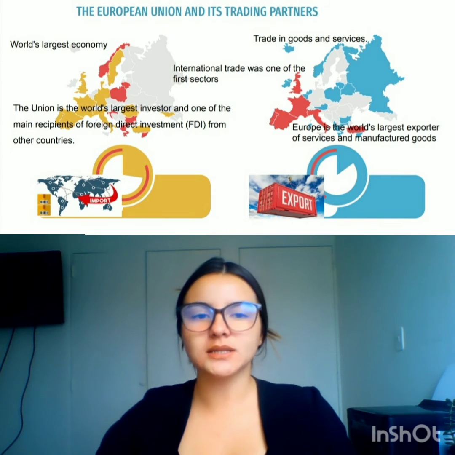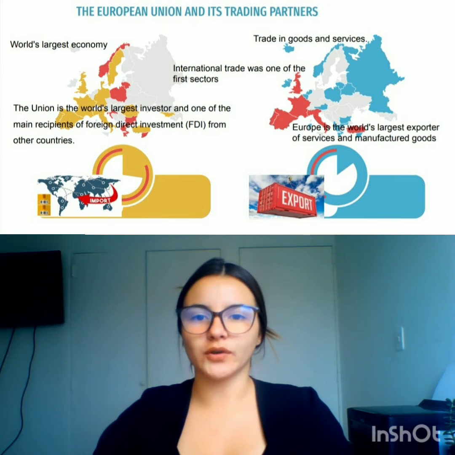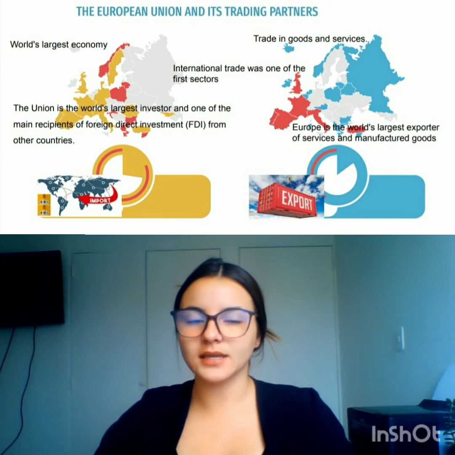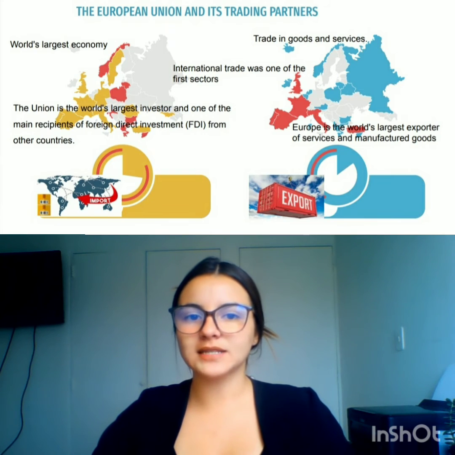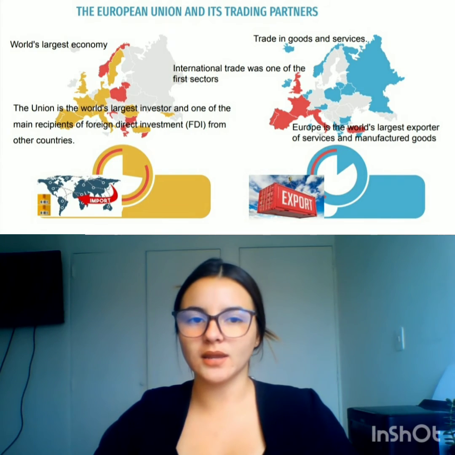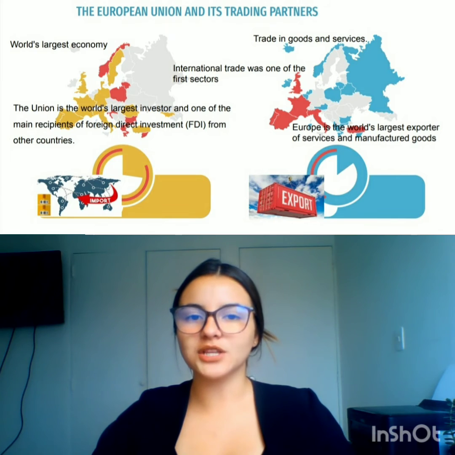The European Union is the world's largest economy, accounting for more than 20% of the world gross domestic product, in this case, GDP. Thanks to the size of its GDP and the openness of its market, with exports amounting to 3.42 billion euros, and imports of goods and services amounting to 2.842 billion euros,